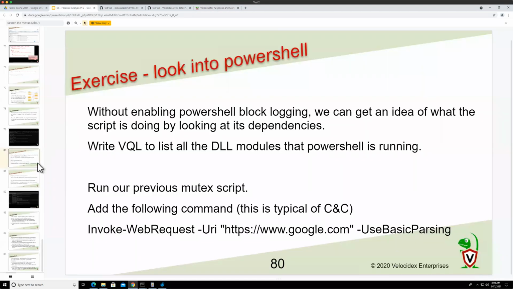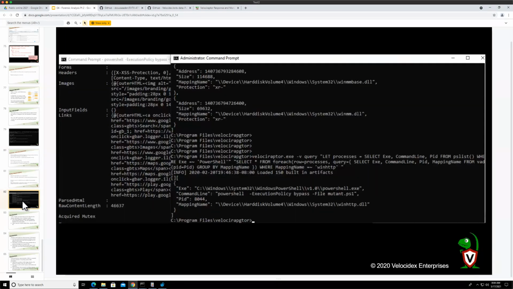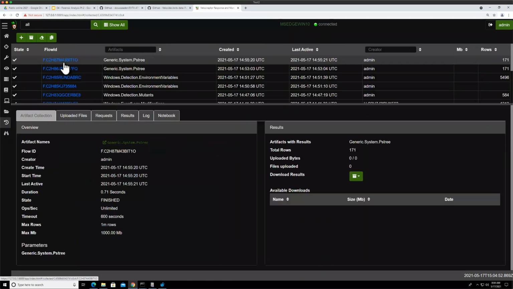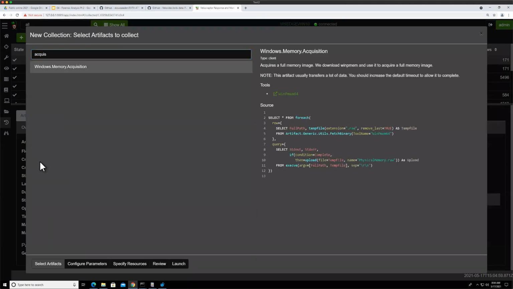Okay, so anyway, I guess the point of these last lot of slides is to try and get you guys to see that memory analysis is not often needed. I mean, you can do it at any time, right? Like you can get a full memory image if you wanted to. So you can just go acquisition and do a memory acquisition, but it just takes so long,